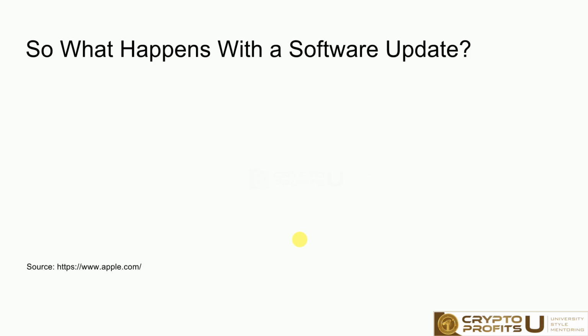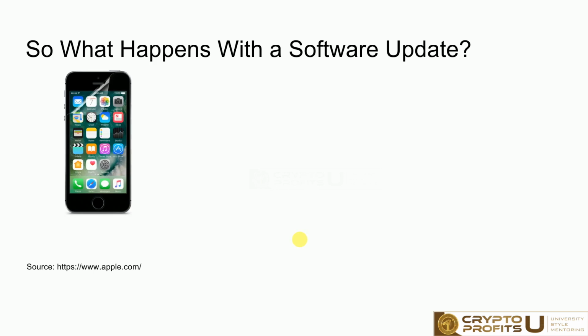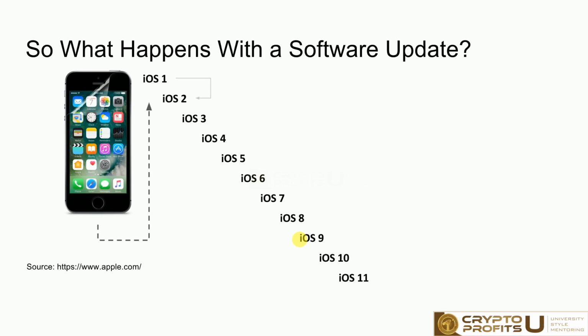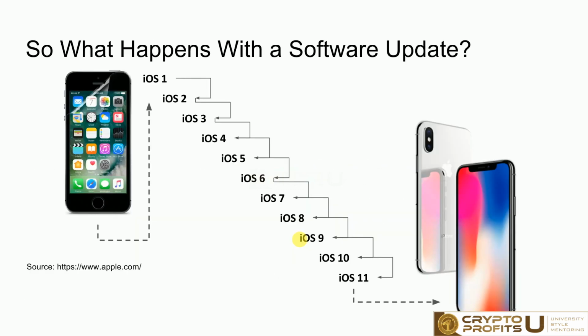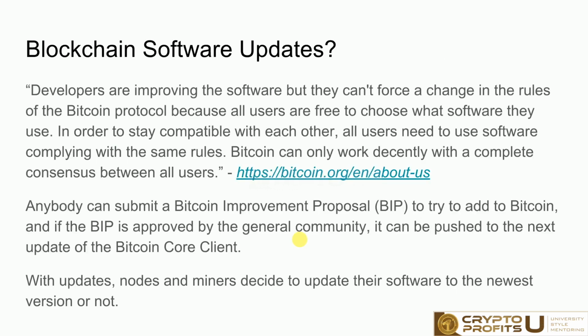So what happens with a software update? Now you might not have known that, but the blockchain, again being a software, can get updates. And so an example is your iPhone. Your iPhone started off with iOS 1 probably, and then came iOS 2, iOS 3, iOS 4, all the way to iOS 11, and now from the iPhone 1, we now have the iPhone X. So there's software updates all the time. And some people can still have iPhone 1s, and some people can still have iPhone Xs, and some people might still have iOS 1, or some people might still have iOS 9, and they just haven't downloaded the newest version of iOS to their iPhone or their smartphone, for example.